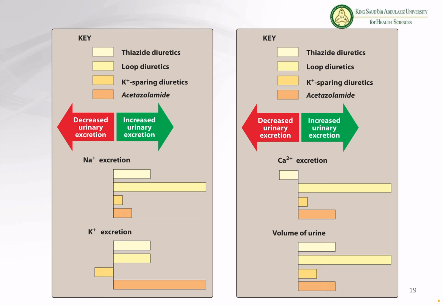And then we have calcium excretion. We discussed that thiazides inhibit the excretion of calcium. So that's why we use them for the treatment of hypercalciuria, one of the main clinical uses of thiazide. And then we will see the volume of urine with the loop diuretic. The volume of urine is too much, and that's why, as we also discussed, the sodium excretion with the loop diuretic is too much. So we don't prefer it in normal hypertensive patients, because of hypovolemia or shock, if you see the adverse effects of these drugs. So this is about the diuretics.